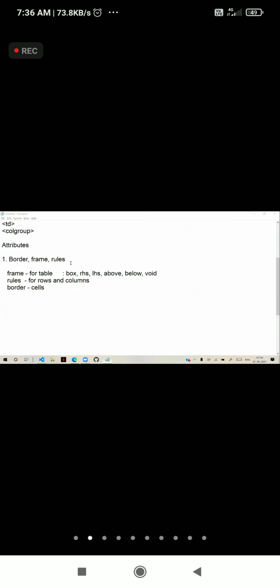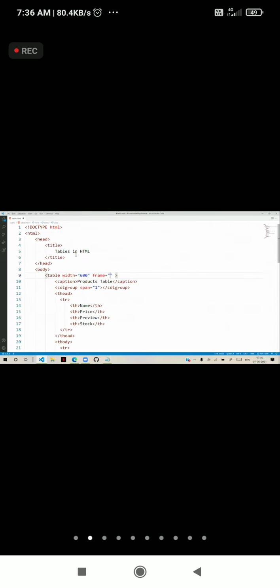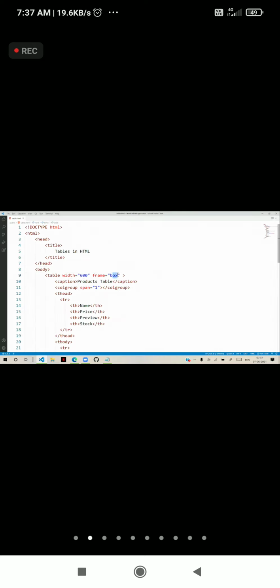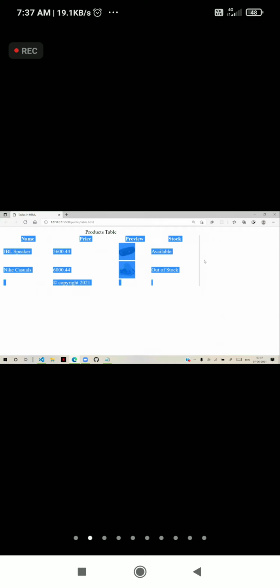So I have given here frame box. You see that the frame is applied for the entire table. So frame is for the table. I have given frame RHS, right hand side. So frame right hand side means it will give only the right hand side frame.